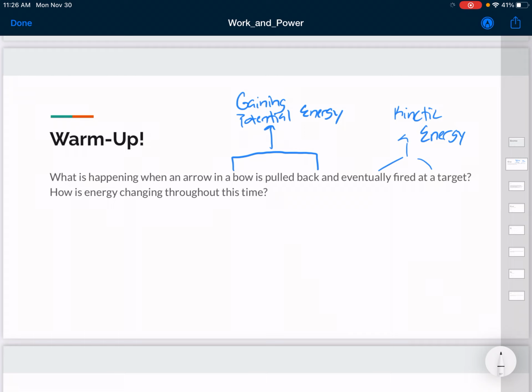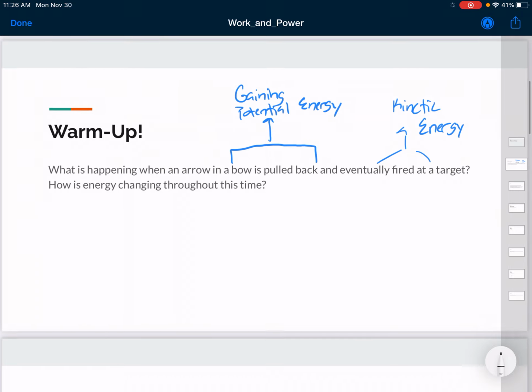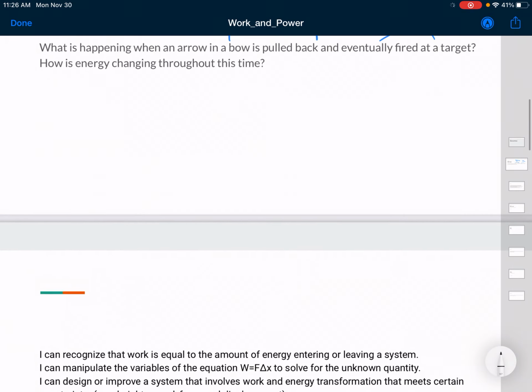So during this time, we pull the bow back, we're gaining potential energy. As the bow is firing forward, it's losing its potential energy and changing into kinetic energy. But remember, because of the law of conservation of energy, we're not actually losing or gaining energy in general. It's just changing its form, right? So just kind of keep that in the back of your mind as well. So that kind of takes us into what we're going to talk about today,